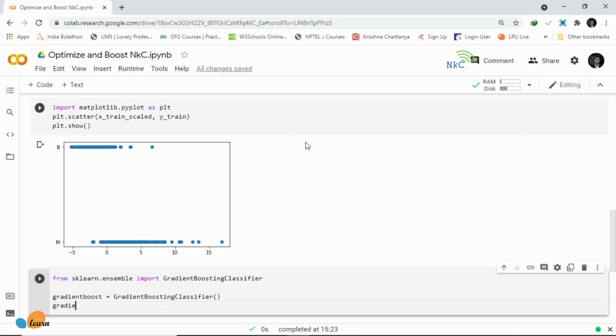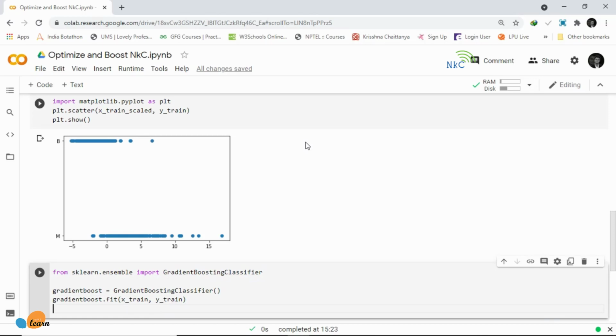I'm going to say plt.scatter, and we are going to have the x_train_scale and the y_train, and then we will run plt.show, and you can see here.